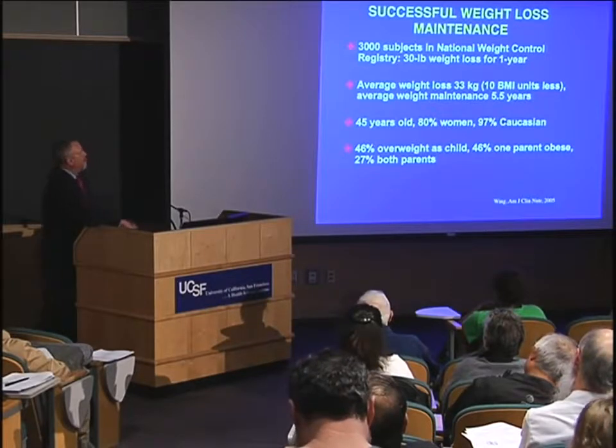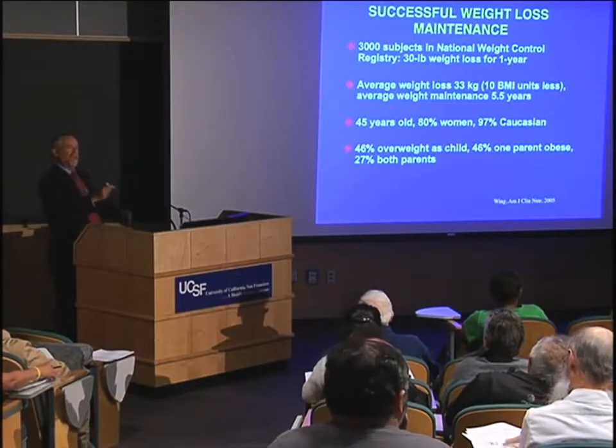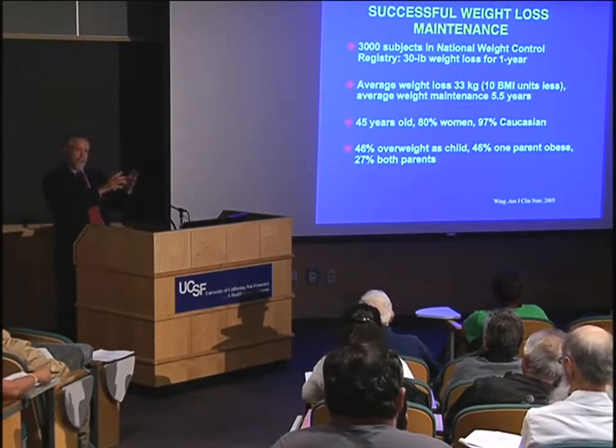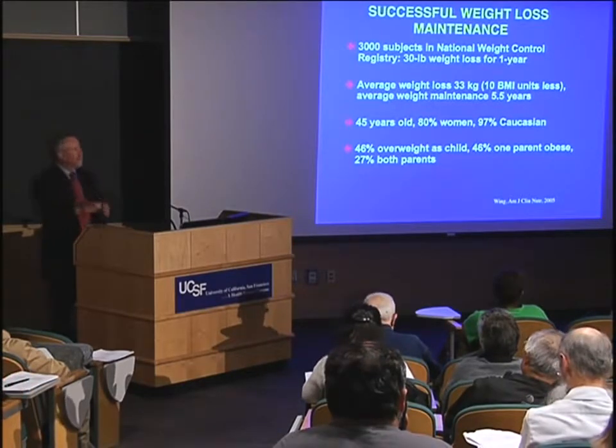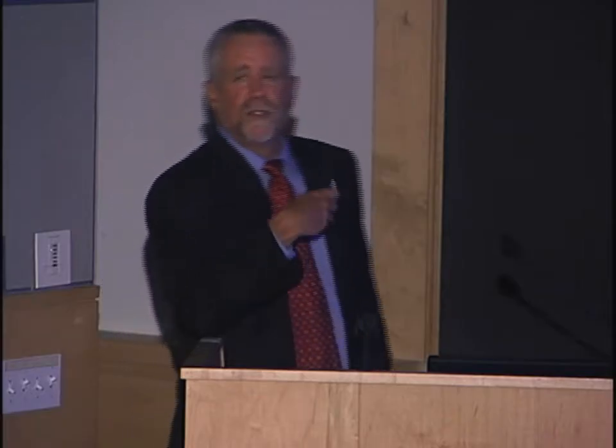All right, let me move next to weight maintenance. I've now been talking about weight loss. Now I'm going to talk about weight maintenance. So two separate things: get the weight off, keep it off. And if you want to read more about this, the best place to look is something called the National Weight Control Registry. This is a place where people who have been overweight and lost the weight and kept it off sign up and keep track of it. And so these are people who have lost about 70 pounds and kept it off for 5 years. So these are your successful dieters, your successful weight losers.